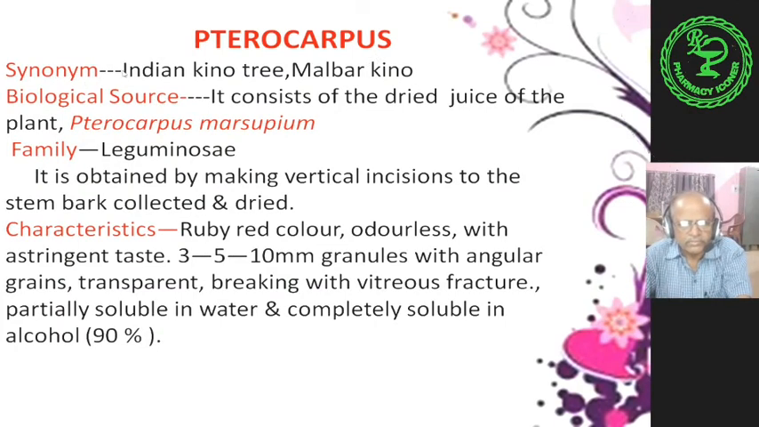About the synonyms, Pterocarpus synonyms are Indian kino tree and Malabar kino. About the biological source, it consists of the dried juice of the plant Pterocarpus marsupium, family Leguminosae, and this is obtained by making vertical incisions in the stem bark, collected and dried. Characteristics: the color is ruby red, odorless with astringent taste,